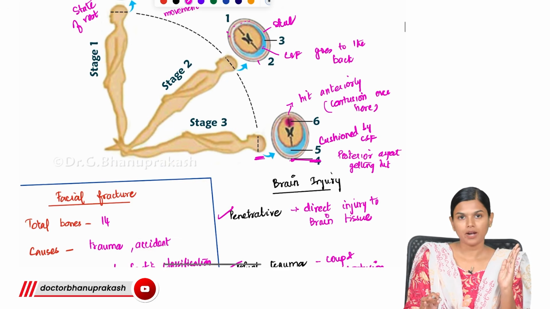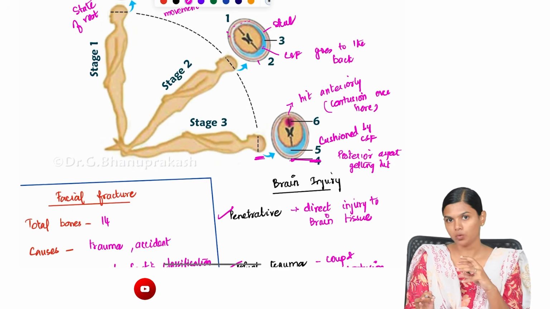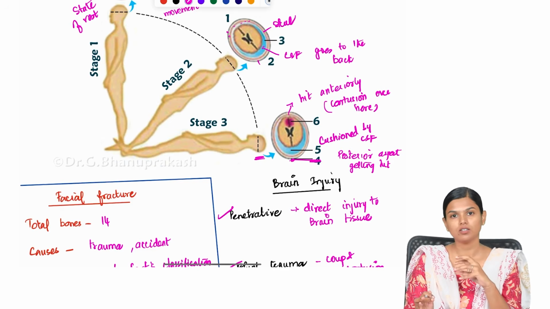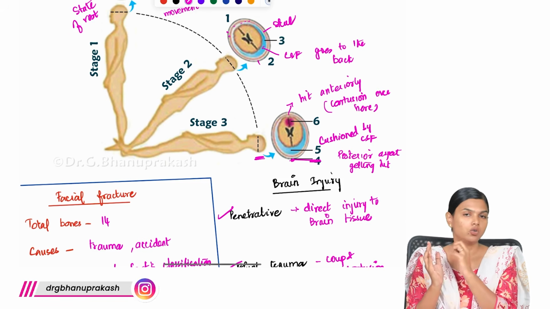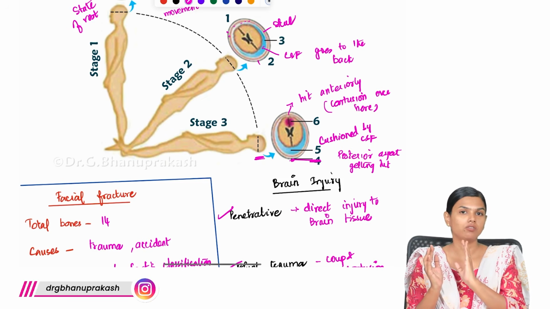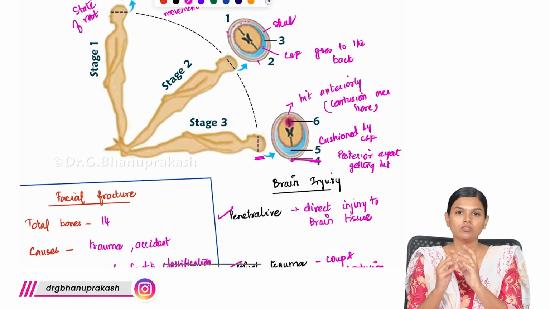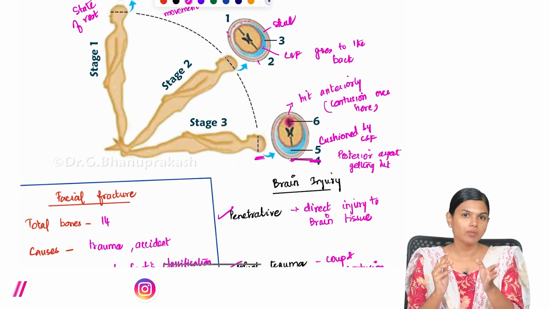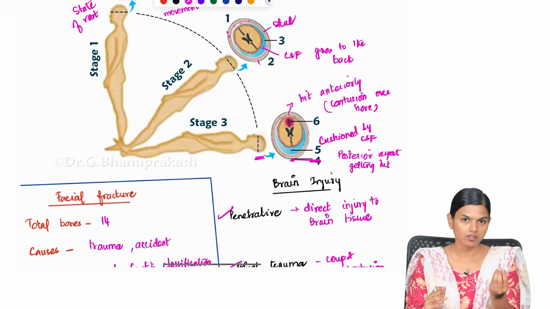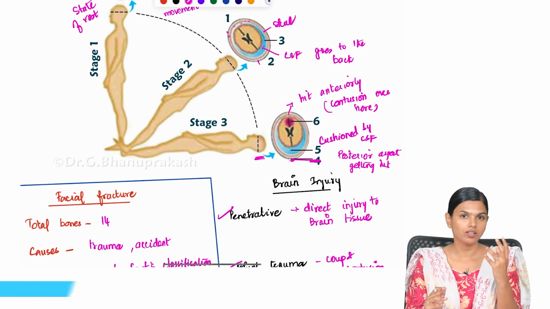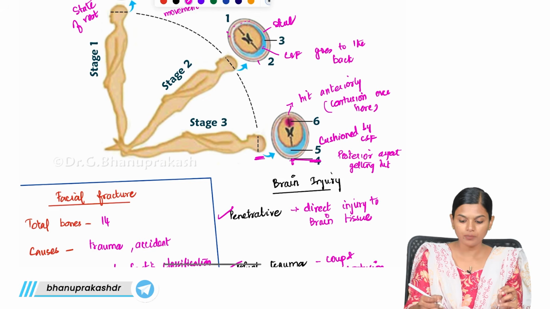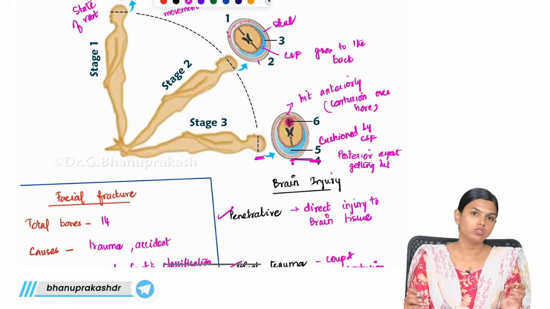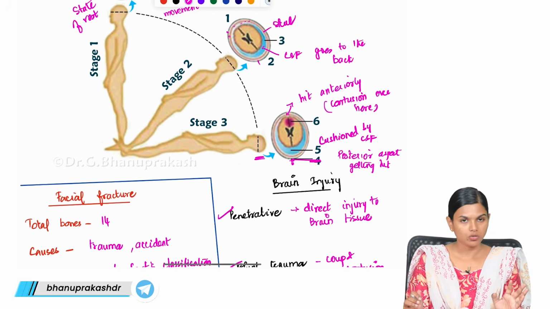So the brain will start moving along with the skull, brain, CSF, everything will start moving, but fluid will travel faster and go posteriorly, and at the posterior impact the brain is cushioned. But anteriorly, because of that recoiling, that anterior impact will not be cushioned by the CSF, which will lead to contusion in the opposite direction of the impact. So the point of impact is here, but the contusion will be seen over here. So this is contrecoup contusion.